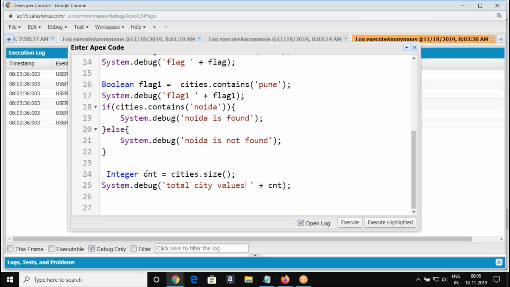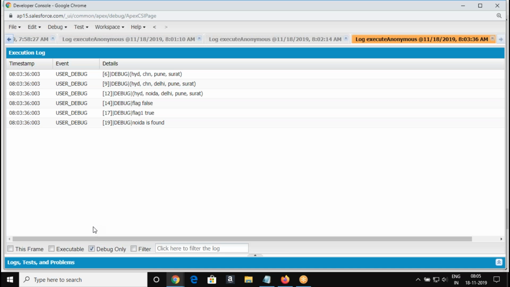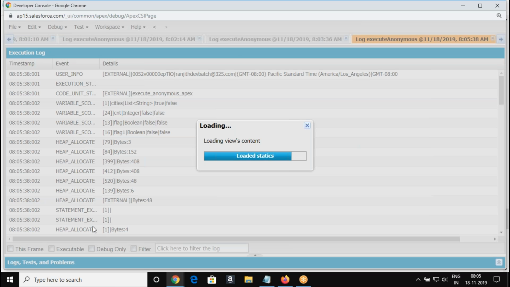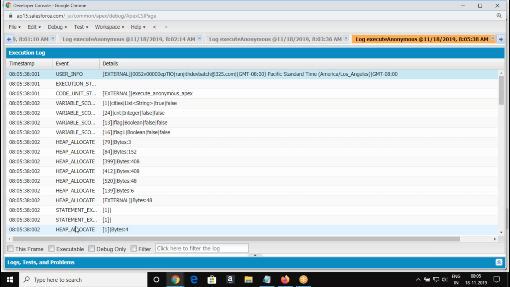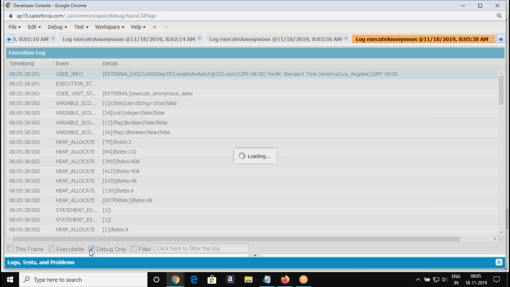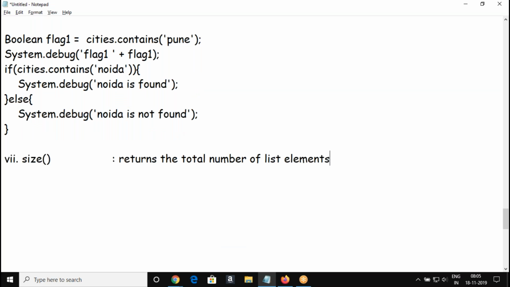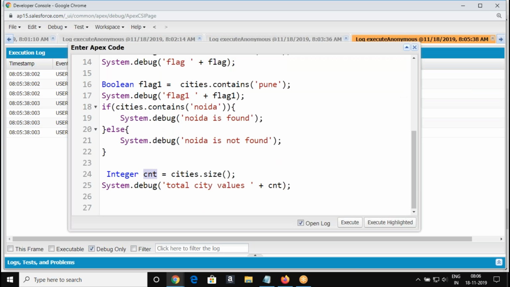That is now there in the integer variable cnt. So we got 5 elements. There are 5 city values, right? So the total number of elements in the list is returned by the method called size. People got this?